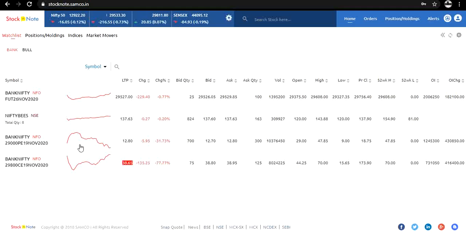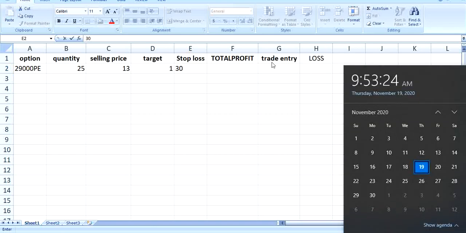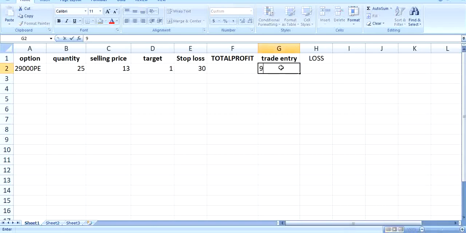Now we are placing our order at 13 rupees. Okay, so our price is 13, that is market price, and our target will be 1. And traders, here our stop loss will be 30. Okay traders, and our trade entry time is 9:53 AM. So 9:53 AM. Traders, I am mentioning the time so that we can see in the chart if our stop loss got